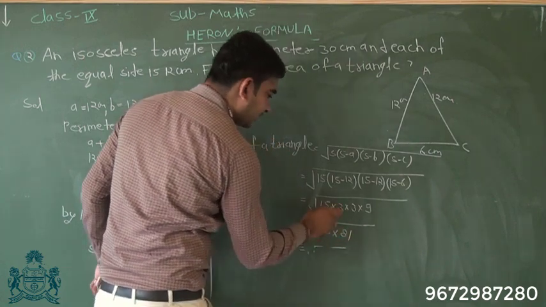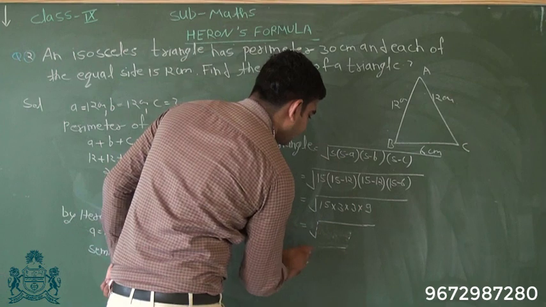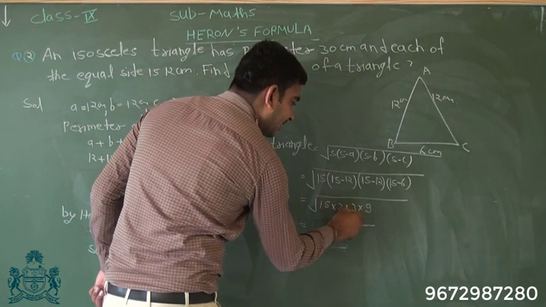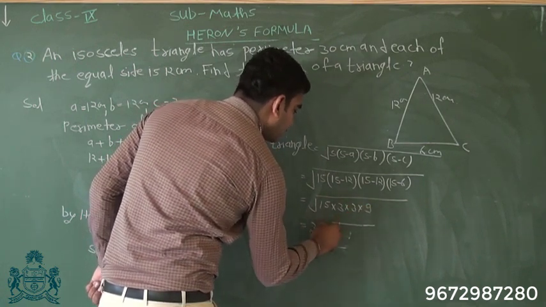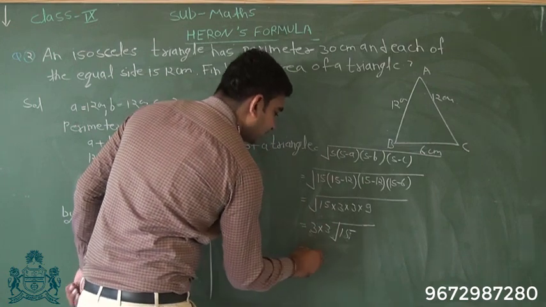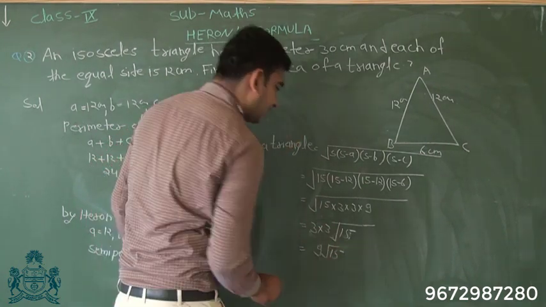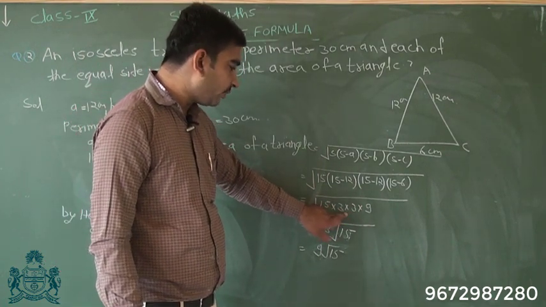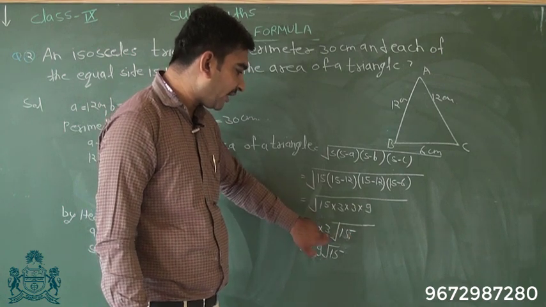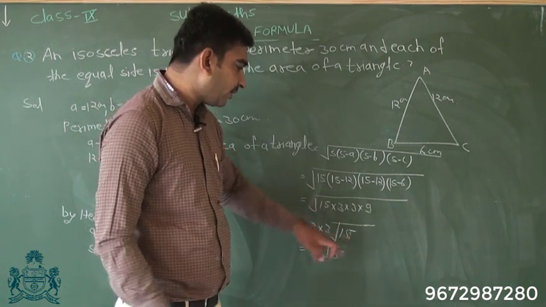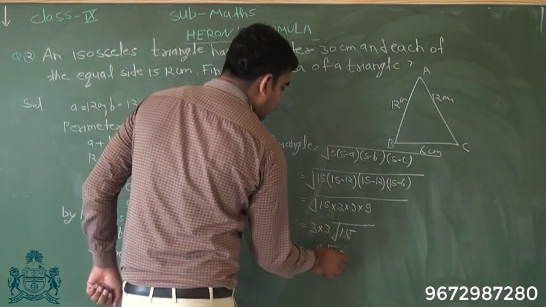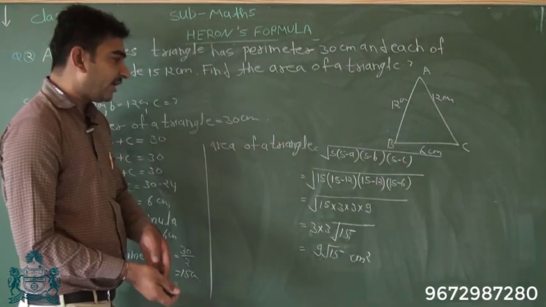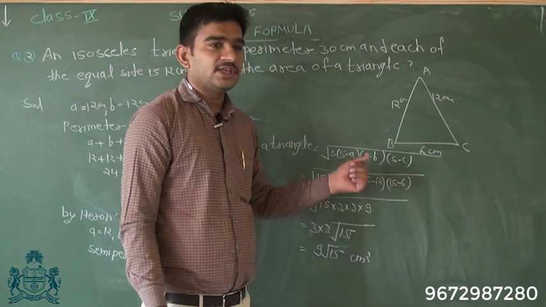फैक्टराइजेशन से भी सॉल्व कर सकते हैं कि यहाँ से 15, 3 3 जा 9, 9 अंडर रूट 9 वैल्यू 3 एंड 9 वैल्यू 3 एंड 15, देन 3 3 जा 9 अंडर रूट 15. So the value of under root 9 is 3, and under root 9 is 3, and 15 is a non-perfect square number, then under root 15, 3 3 is 9 under root 15 centimeter square. So the area of the triangle equals 9 under root 15 centimeter square.